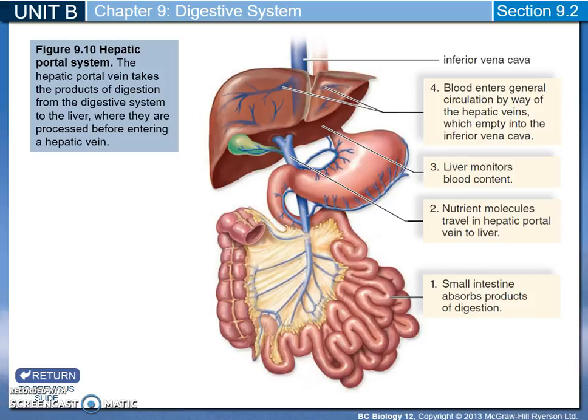And here's an illustration of the hepatic portal system. You can see that as nutrients are absorbed from the small intestine, they're transported through the hepatic portal system to the liver, and the liver monitors the blood content, and blood enters the general circulation by way of the hepatic veins, which empty into the inferior vena cava. So you go from the small intestines to the liver and then back into the